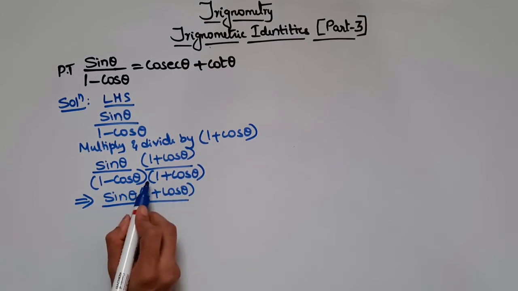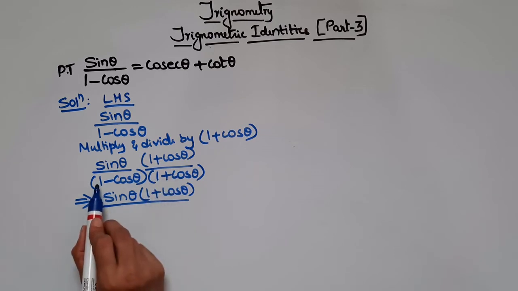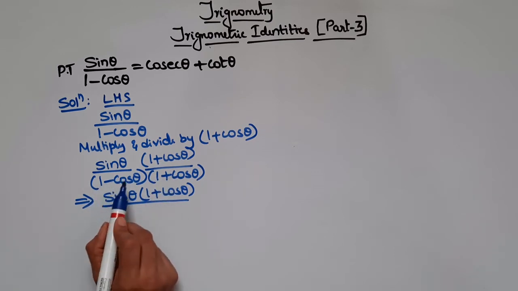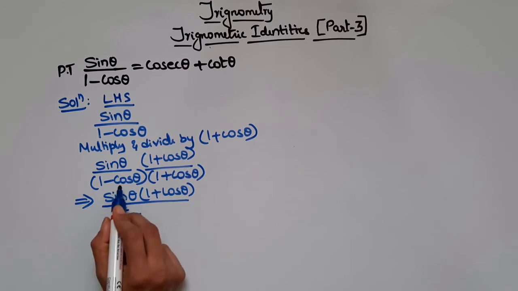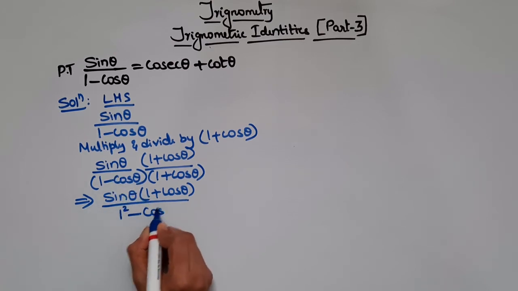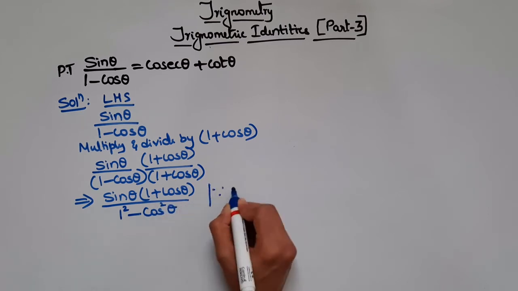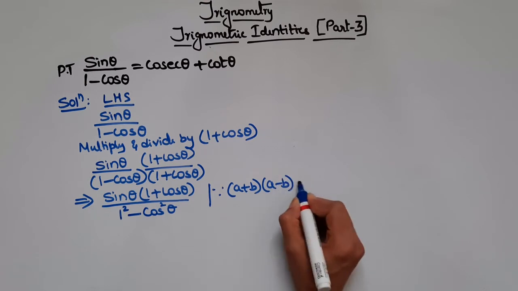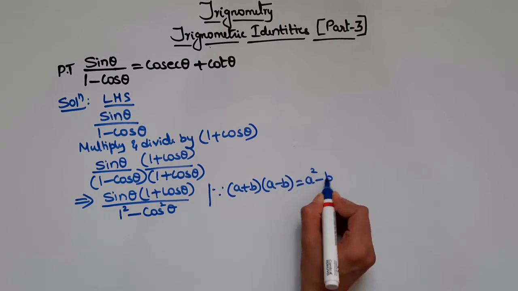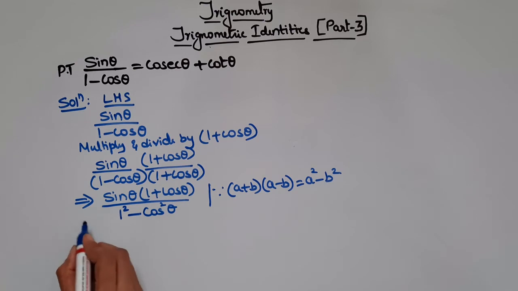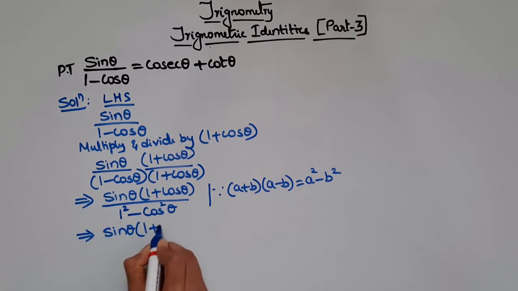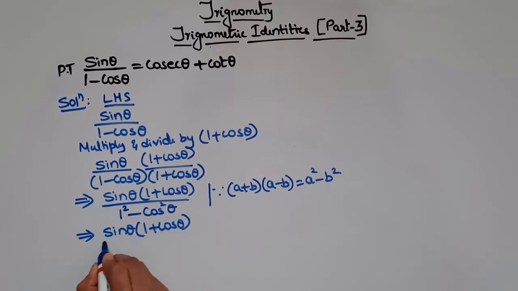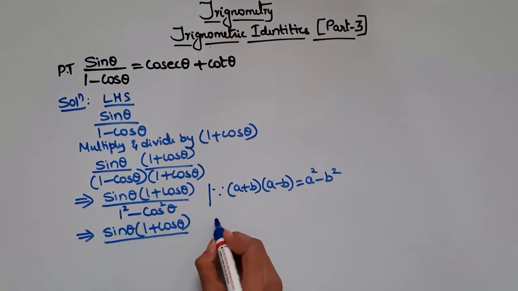by, here denominator is of the form a plus b into a minus b. So you can write a square minus b square. Here a is 1, so 1 square, minus b here is cos theta, so b square will be cos square theta. Since a plus b into a minus b is equal to a square minus b square, right? So this implies sin theta into 1 plus cos theta by 1 minus cos square theta